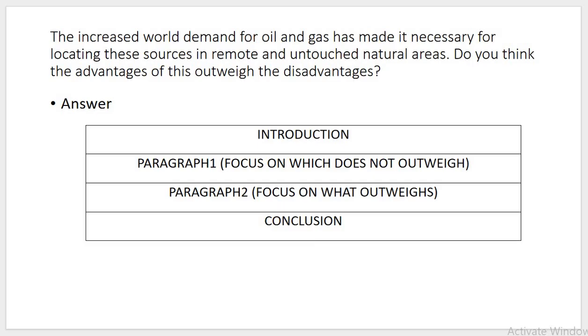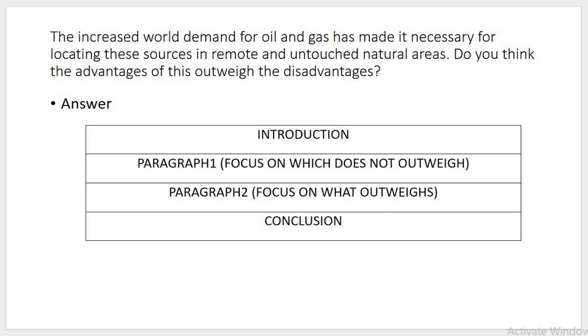Sometimes it will not be the case. Sometimes they will ask only to provide advantages and disadvantages, or to discuss both advantages and disadvantages of a particular thing. In that case, you don't have to provide your opinion. You just have to give your advantages and disadvantages. So in any way, let's see